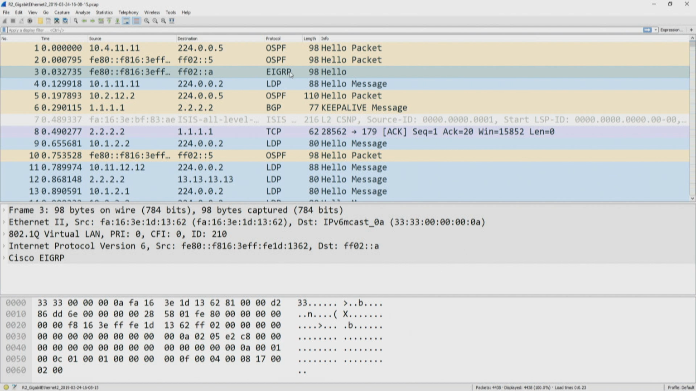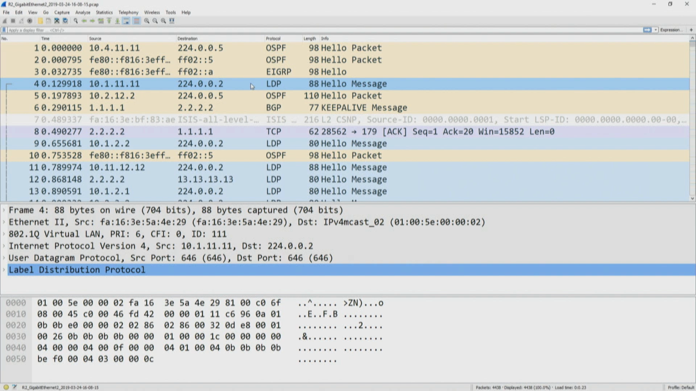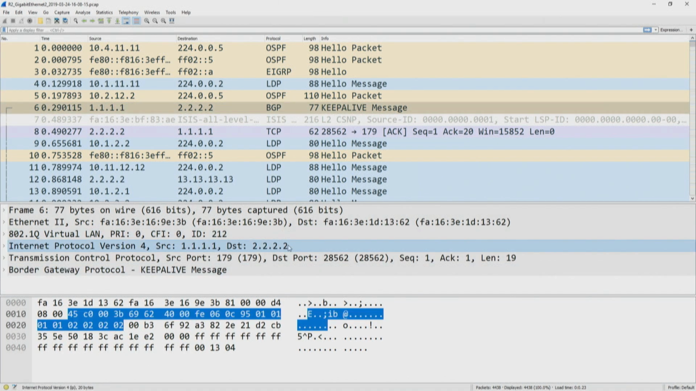Likewise, we're running EIGRP version 6, FF02::A. That would be the IPv4 equivalent of 224.0.0.10. We have LDP. LDP is multicasting to UDP port 646, 224.0.0.2, which is all routers. And then BGP, of course, is using TCP unicast at TCP port 179 in order to exchange the information directly